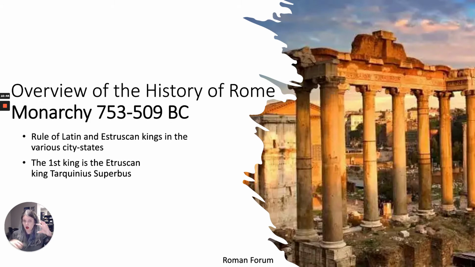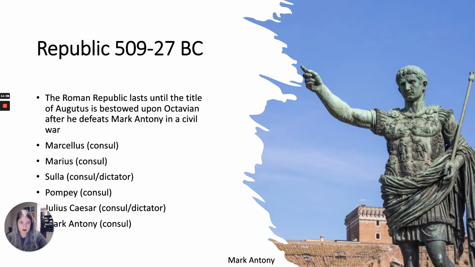So we have all these city-states, kind of like in Greece, so not just one big country, lots of different cultures, different city-states. We looked at the Etruscans last time, and they're ruled by their own kings. The first king of more than just one city, of a greater area, is the Etruscan king Tarquinius Superbus, okay? Then we have the Republic from 509 to 27 BC,